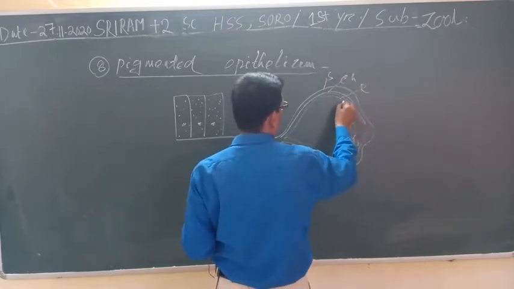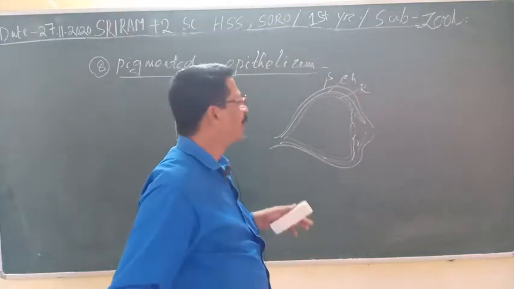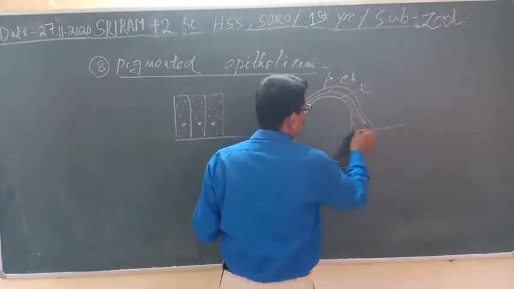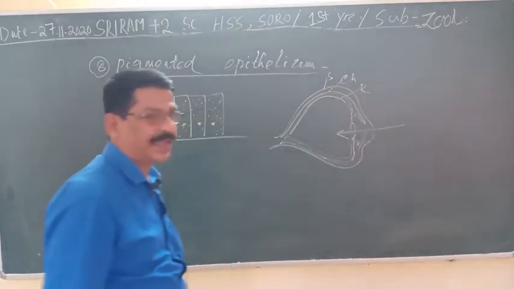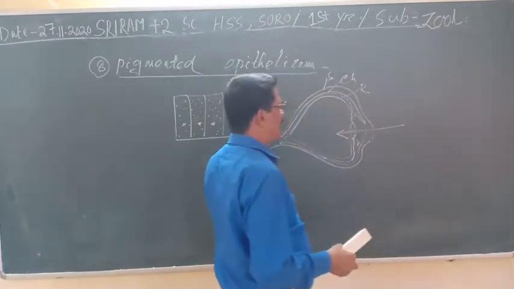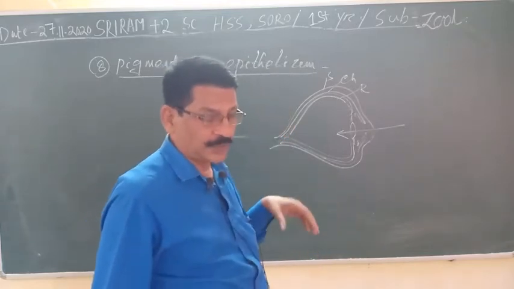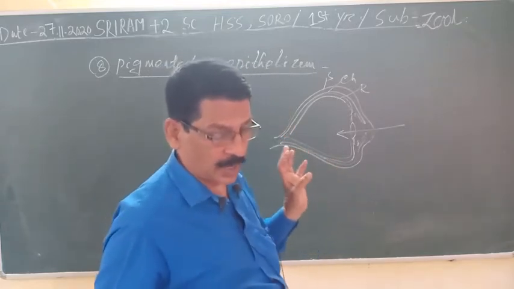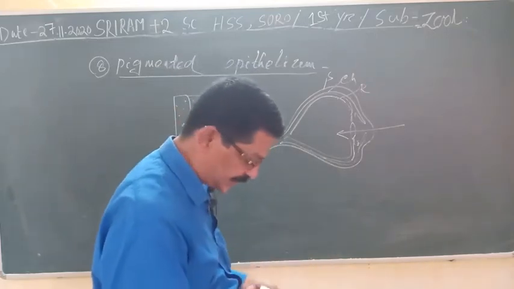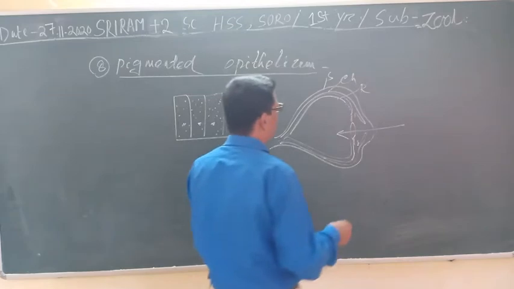In the inner layer of the retina, the pigmented epithelium is present, which absorbs the excess amount of light that enters the eye. Its function is to absorb the excess sunlight that comes inside. The cells possess the power to absorb the excess of sunlight which enters into the eye. Are you understanding me?